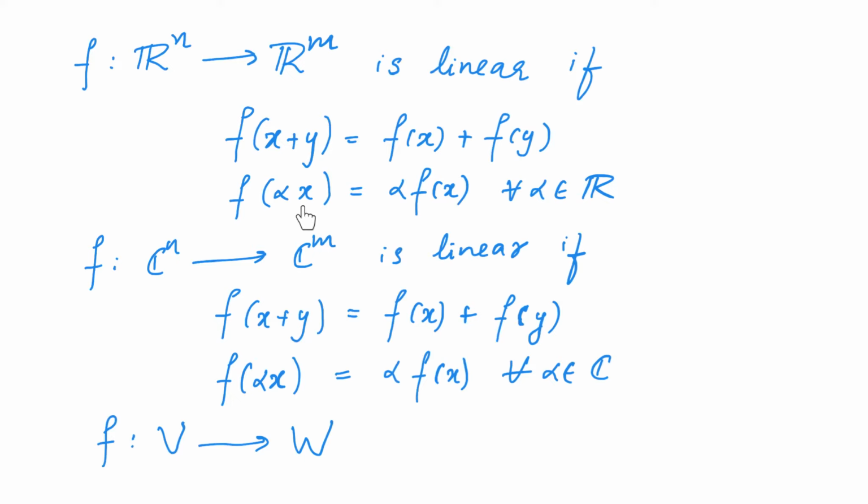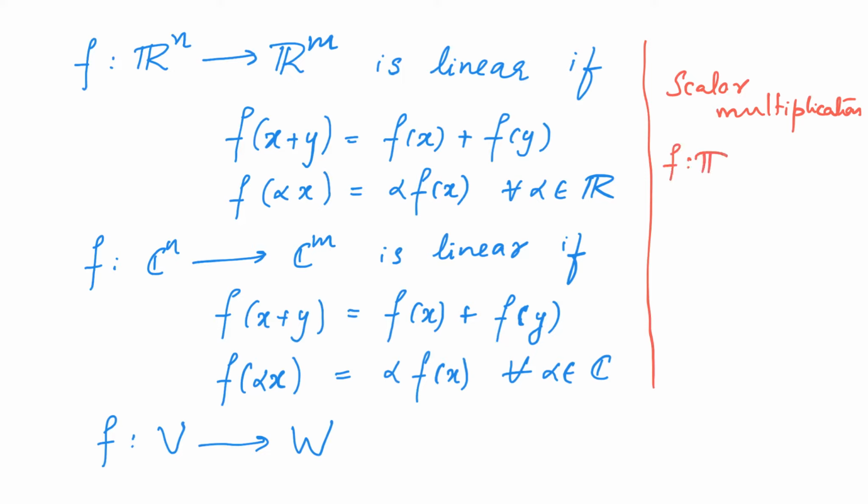Next, given a point x in V, we should be able to multiply it with some number, and we should similarly be able to do the same for any element in W. And this multiplication is called scalar multiplication. I think we used the word before, but I did not mention why it is called scalar multiplication. Recall that the function f from Rn to Rn defined as x goes to alpha times x is a scaling when you visualize it geometrically. And that is why it is called scalar multiplication. And these numbers alpha will be called scalars.